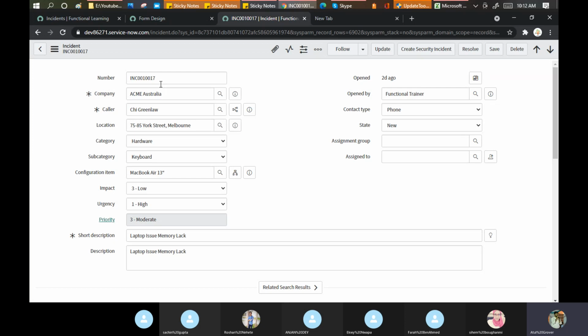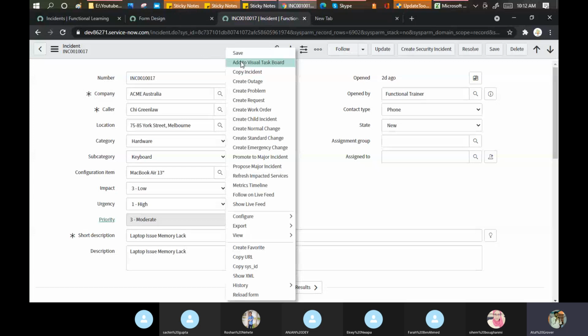So this is the way that techno-functional people work. Being a techno-functional, you need not work on form design and form layout. But being a consultant, you should know how this layout can be designed, how it can be changed, and what the impact is if I change something in the layout. All these things.